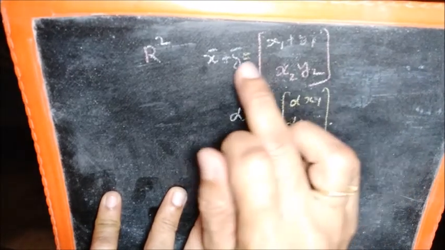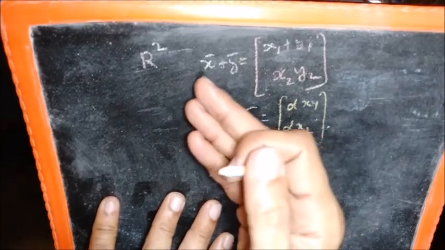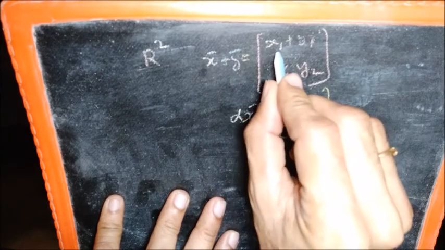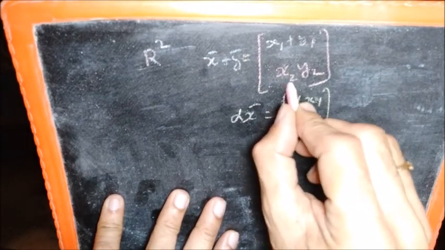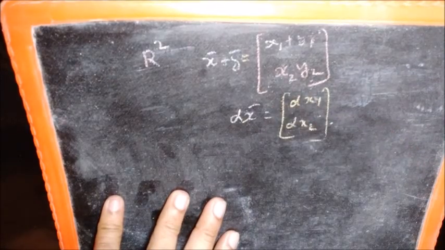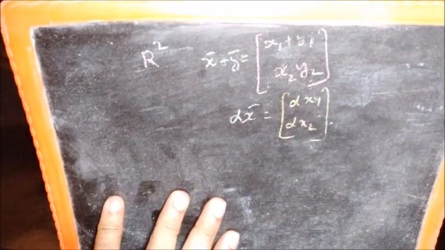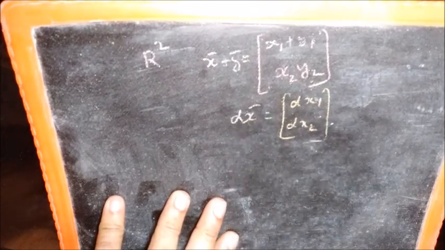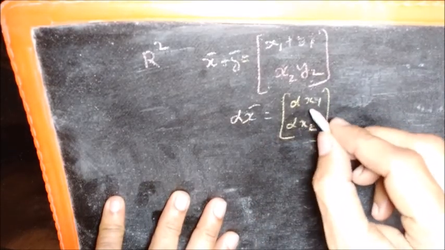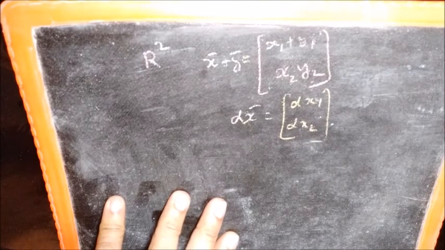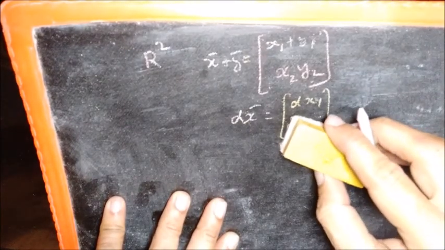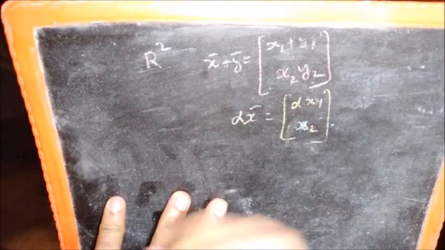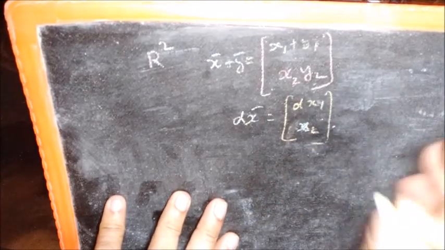So x1 plus y1, and I had explained what vectors x and y are in 2D space, how we represent them in general. When we add, we define the addition like this: x1 plus y1 and x2 into y2. So we are going to multiply the x2 and y2 terms, and x1 and y1 we will just add. Similarly, when it comes to multiplication, instead of the scalar multiplication which we defined like this in the previous video, in this example we are going to define scalar multiplication like this. So alpha into x1, and x2 is left as it is.